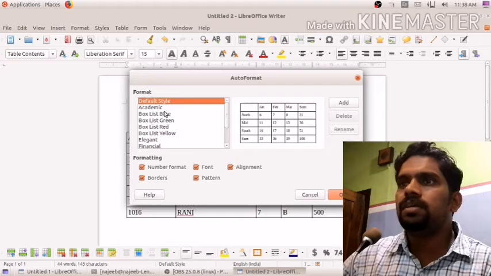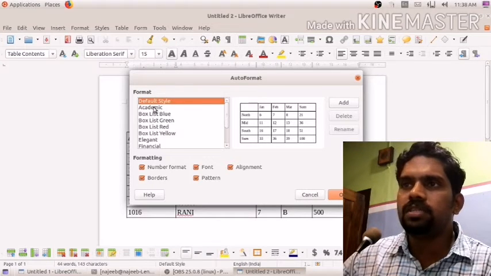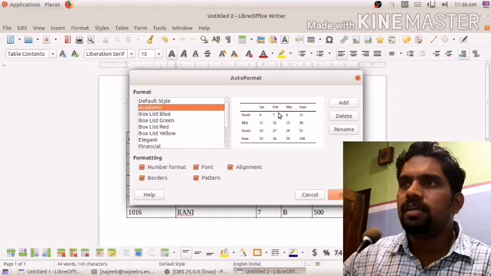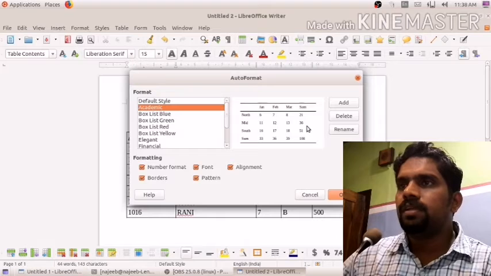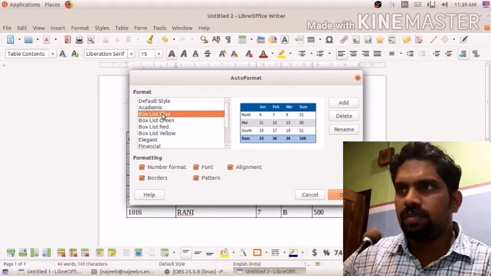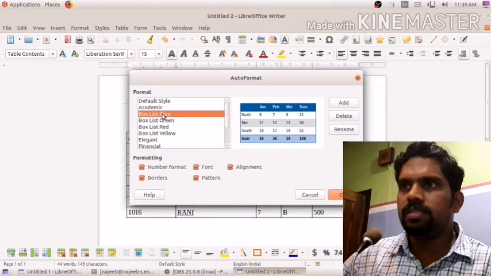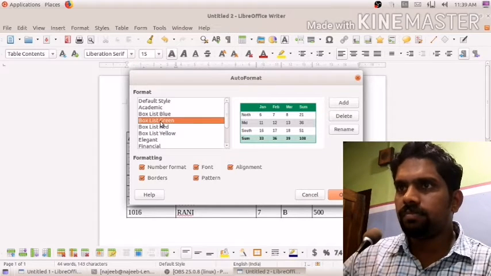You see here the default style is like this. If you want to change it to academic style, then it will be displayed like this. Then if you want to change to another, if you want this one, then it will be changed like that. Okay.